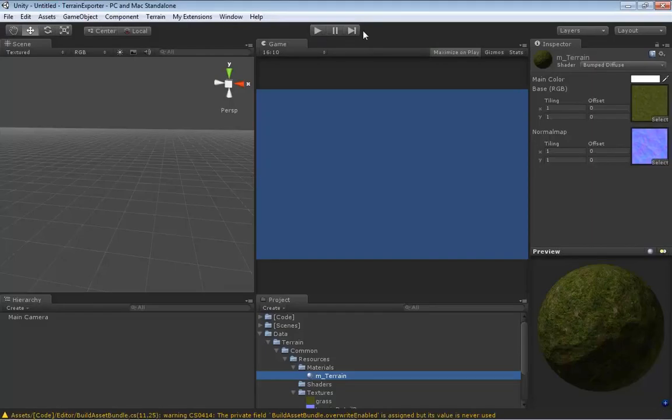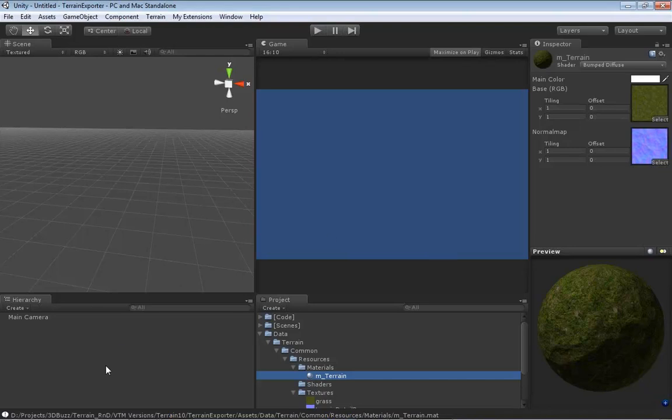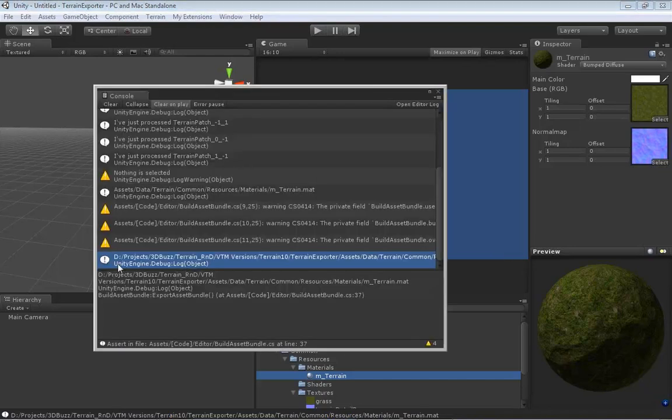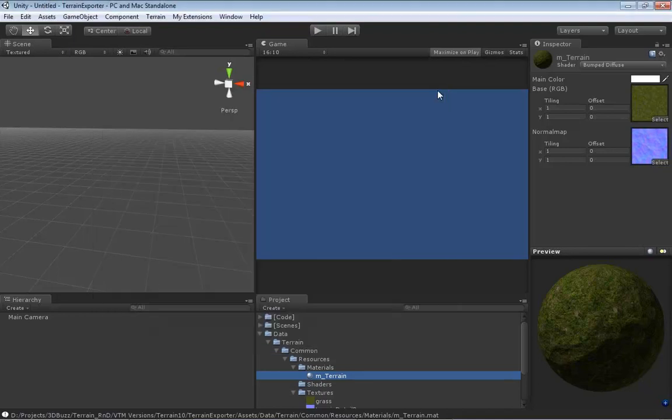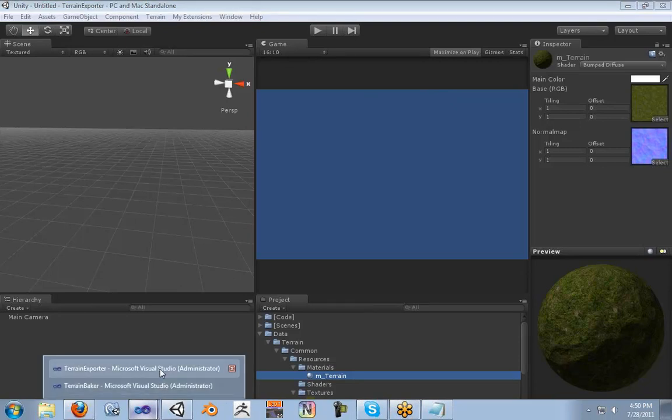Hit Control R. I always want to hit that play. Don't worry, I will do it before the set of videos is done. Okay, so use recursion, yes, yes. All right, now, instead of seeing assets, it says projects, 3D Buzz, Terrain R&D, VTM, Terrain Export, assets, data, terrain. So basically this is my full path of the entire drive to get to this asset. So that gives us that bit of information, which is going to be useful because once we have that little piece of information,